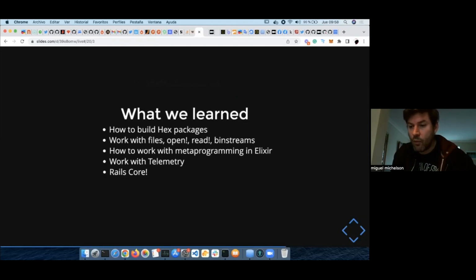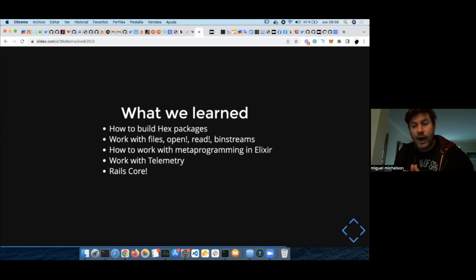What I learned here was how to build packages to work with files in Elixir, like opening the file and reading the file into a binary string, how to work with some metaprogramming in Elixir, and work with telemetry. An interesting point, I started to dig into the Rails core too.